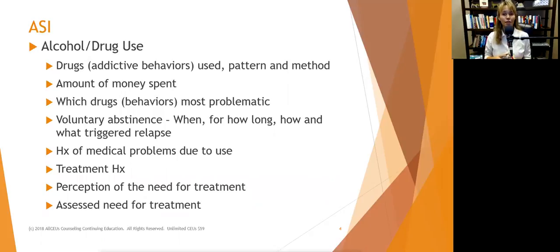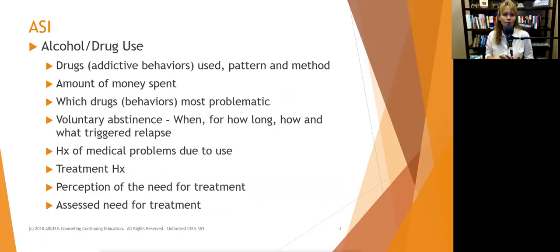When you were in treatment, what helped? Oh my gosh, we rarely ask that question. We just ask, okay, when were you in treatment? Where was it? Who was your primary? Okay, where else were you in treatment? Stop. Ask what helped when you were in treatment. What did you learn? What was useful, but also what was not useful?